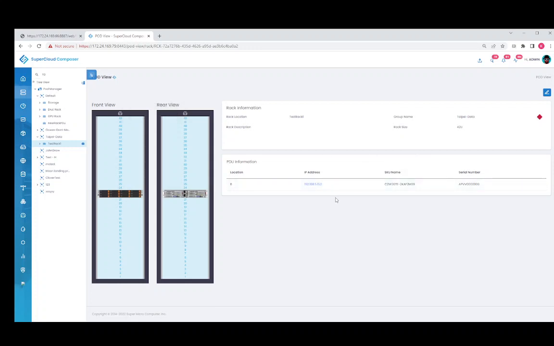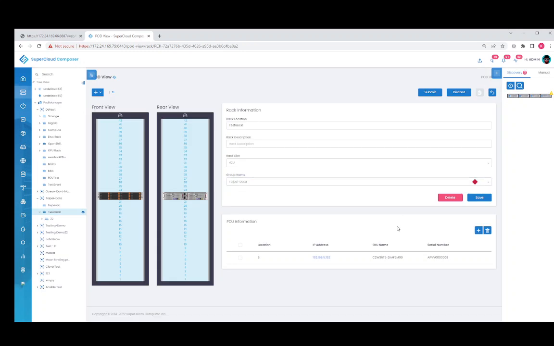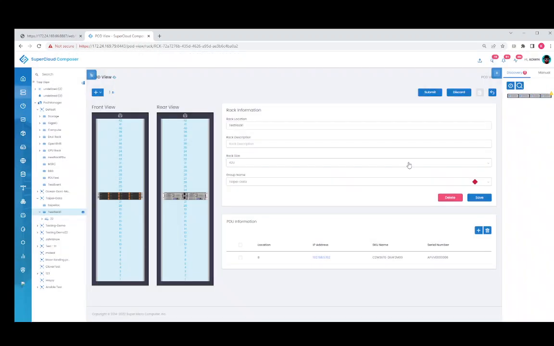We've actually added a PDU already, but let's take you through how to add a PDU within the rack by simply going to the edit button on the top right-hand corner and then clicking on the add button, and then you simply put in the location of where your PDU exists, the IP address, and your SNMP community string, so we can go ahead and communicate and discover the rack itself and be able to communicate with the dashboard of the rack. So once we've added it here,